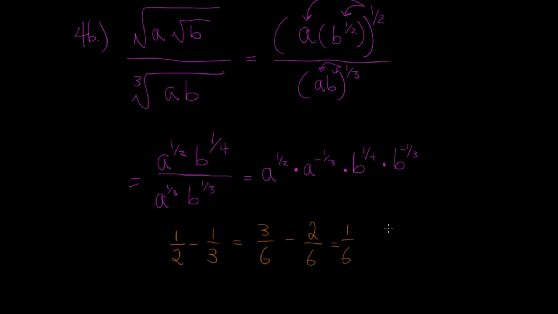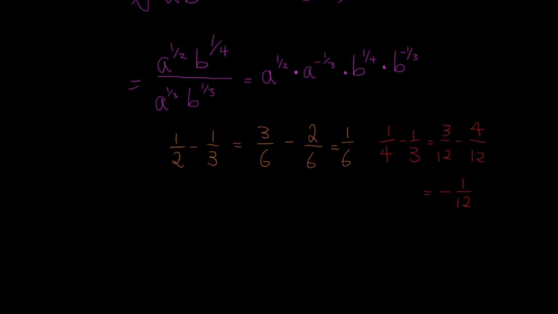And then 1/4 minus 1/3. Multiply 1/4 by 3, you get 3/12. Multiply 1/3 by 4, you get 4/12. So 3 minus 4 is negative 1/12. Wow, so you end up with, let me go back to magenta, a to the 1/6